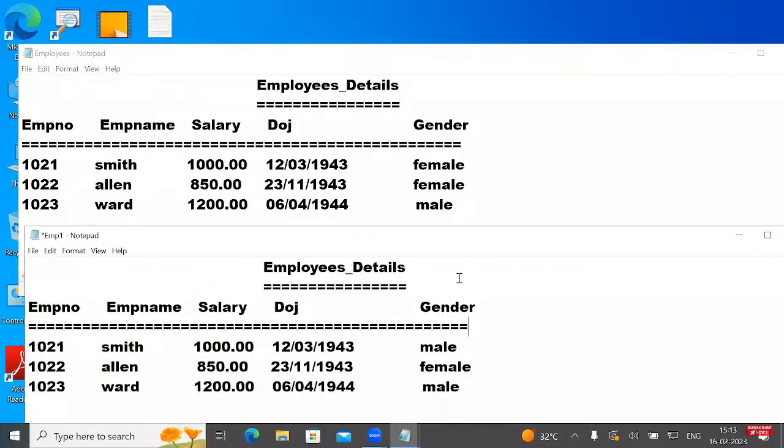In one file it shows female, in one file it shows male. When the same person is shown as two different genders in two different files, users cannot say what exactly. This confusion that occurred